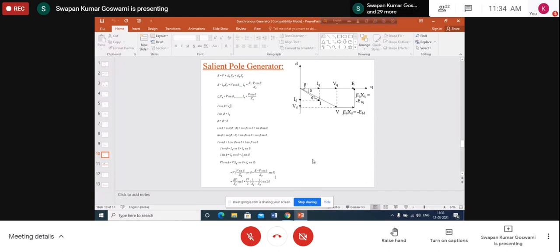In case of salient pole machine, that is not possible. Why? Because the reluctances are not equal. So you cannot represent this type of machine by a single reactance, by a single inductance. That's why a single reactance representation is not possible here, because since the air gaps are different, reluctances also will be different. So fluxes also will be different. If you measure the flux along the pole axis and measure the flux along the quadrature axis, obviously they will be different because of difference in reluctances.